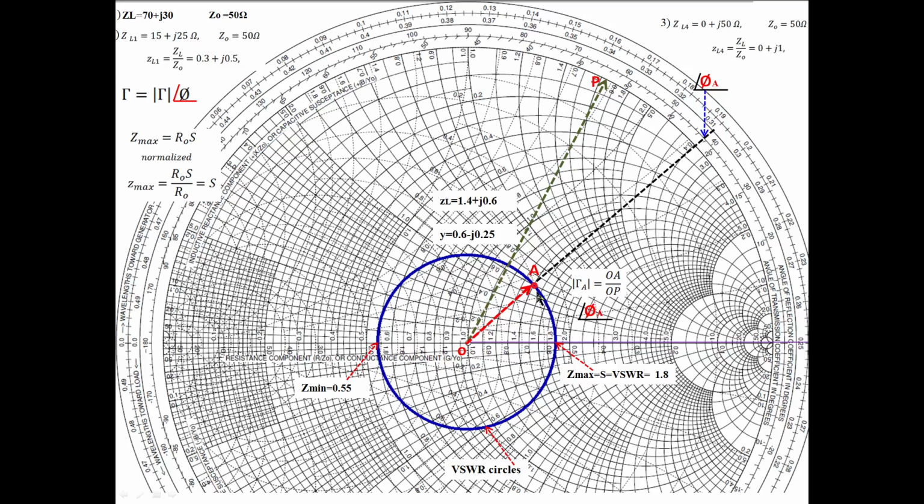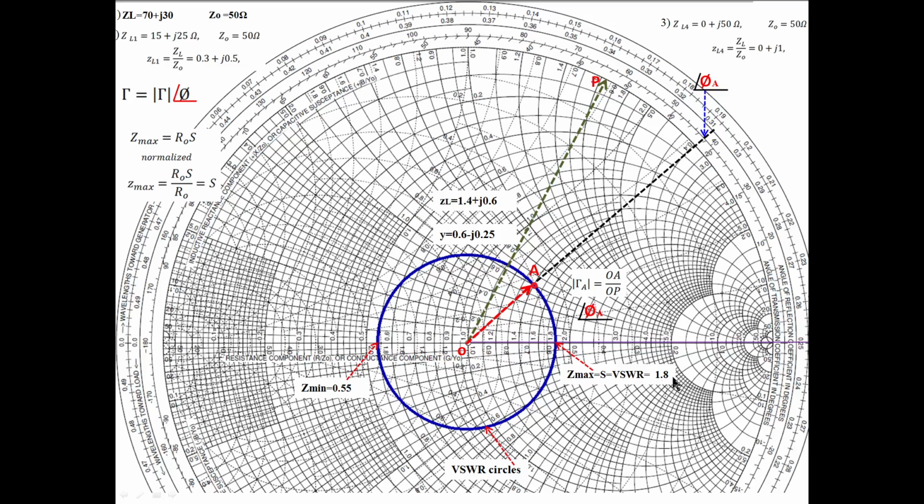What we have to do is just start from the load point and move in the clockwise direction like this. Whenever the VSWR circle intersects with the horizontal line at the right side of this Smith chart, you stop here. Read whatever the value is here. Note down that is the normalized Z maximum. That is also equal to VSWR. See, like 1.8. What is the VSWR value? 1.8. What is the Z maximum?